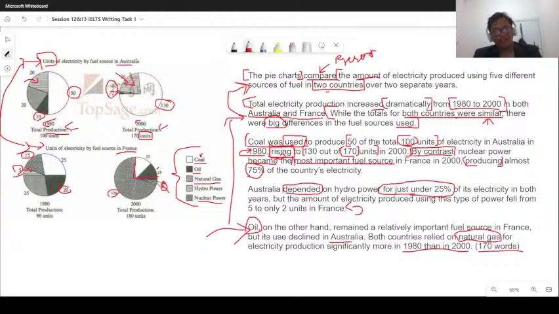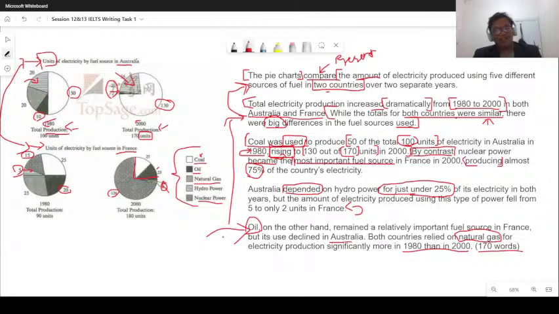Yes, there is. Number one, when it comes to oil, it's very contrasting. Oil in France is very important, but in Australia, it gets diminished. But for both countries, when it comes to natural gas, they both increase,